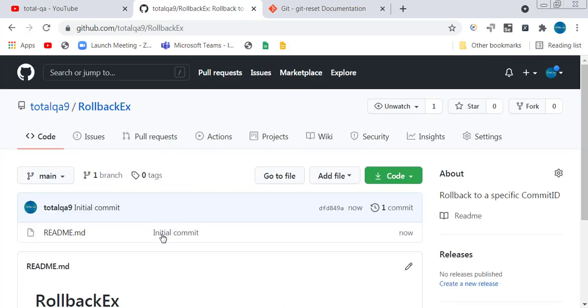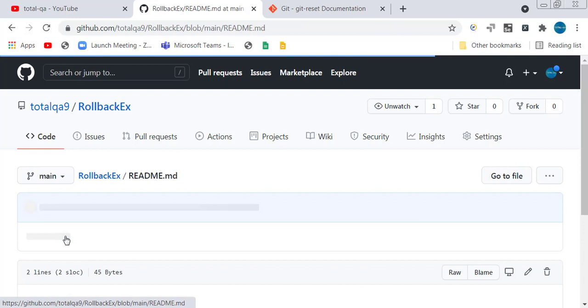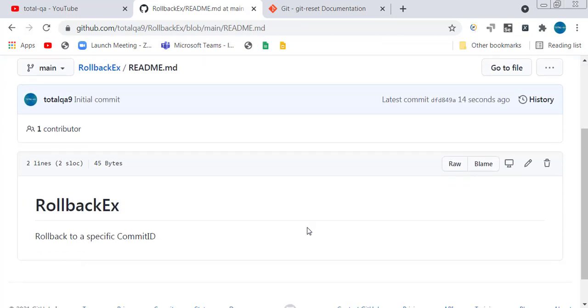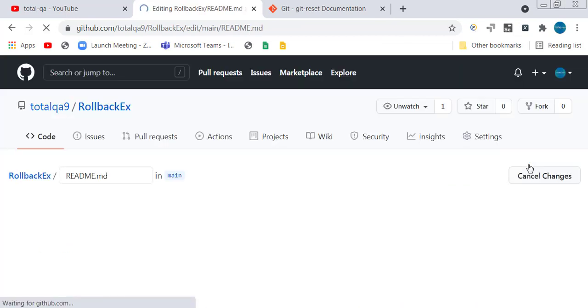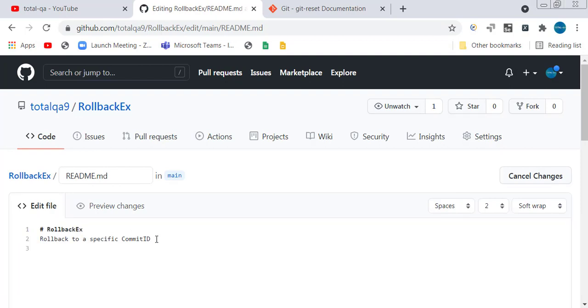Once we do that, we see there is a readme.md file, which is the initial commit that is already there, and we can see there is one commit available here. Suppose for example we open the readme.md file and modify it. Click on edit, and we add some information. It's h3, an HTML tag.